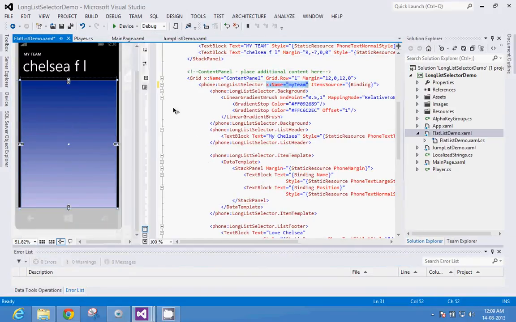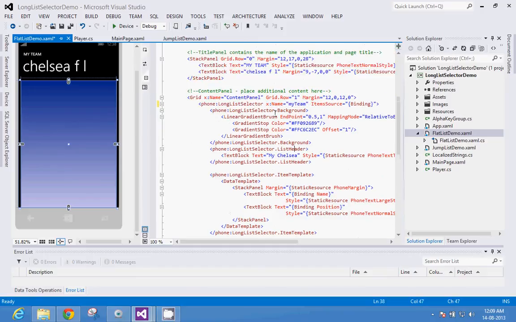This is my, yeah, so I've made it blue basically because Chelsea is the color. So blue is the color, Chelsea is the thing. Alright, so now let's get back to long list selector. So item source, either you set it here to binding or you just set it through code behind, it's your choice. Now this is the background which I have made a linear gradient brush, which you could have just skipped altogether.